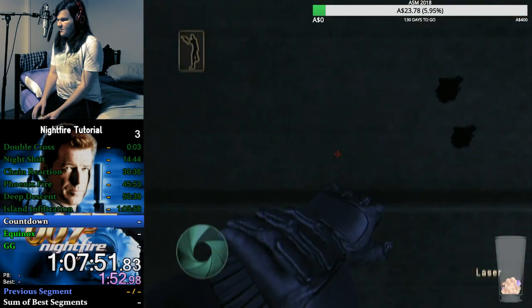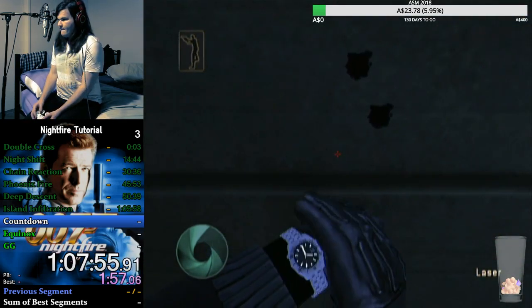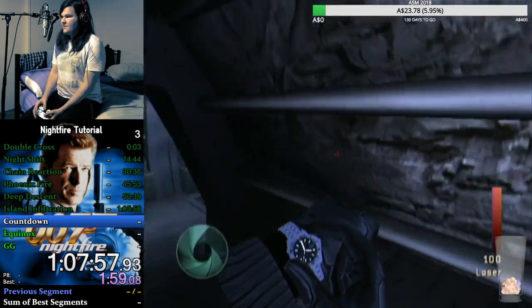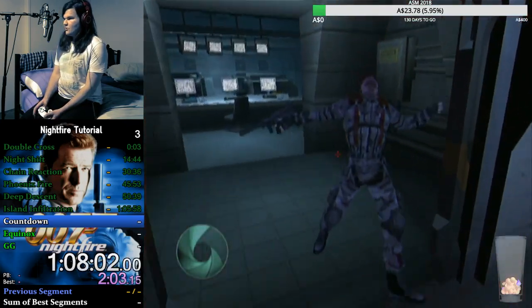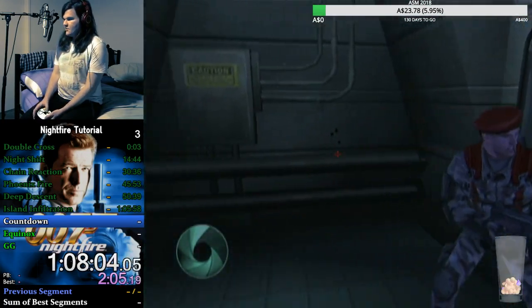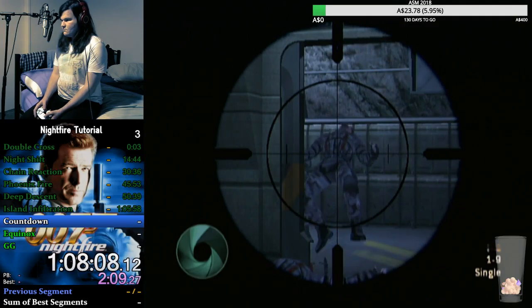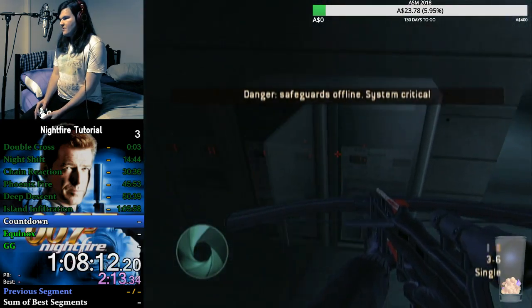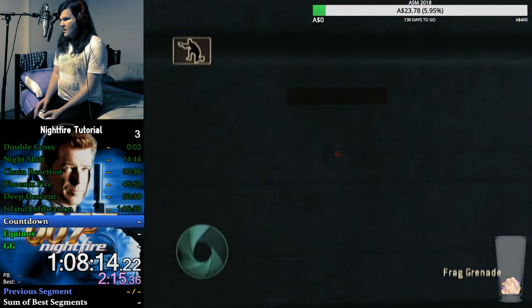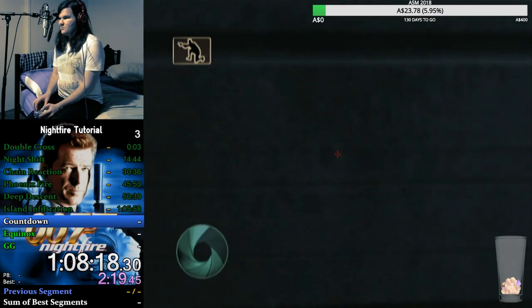And you want to pull out your laser. See, I can't even do it. And there. That skips having to wait for the door to open. See, I was slow there, but... Hang on. Let me get rid of these guys. Okay. So that skips having to wait for the door to open. In ILs, the door actually opens faster nonetheless. But...